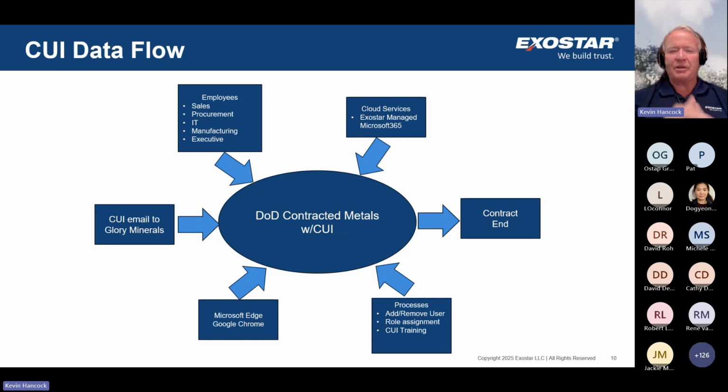So it behooves you to understand how CUI enters into your organization, where it travels, who in your organization works with it, and that may be just that they use it to flesh out a proposal. They use it to determine what your actions are going to be in fulfillment of that contract, etc. But where are those things and those people that store, process, or transmit? What happens with that CUI when the contract ends? So understand that overall flow of data so you understand the scope of your network,